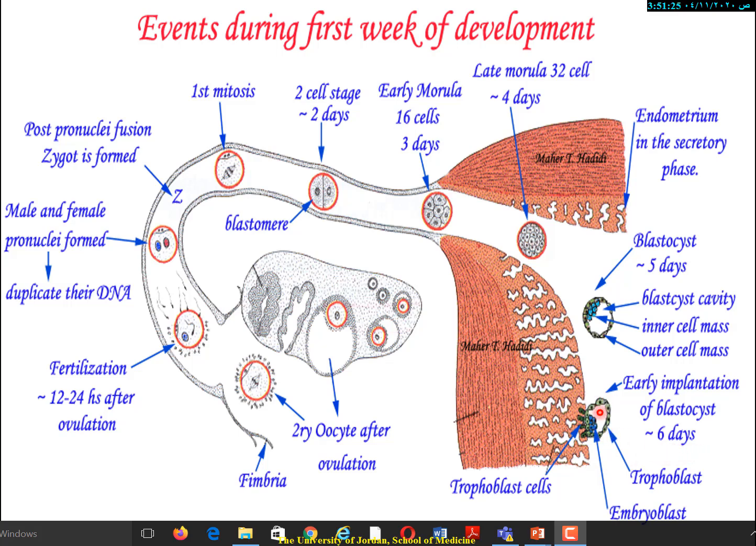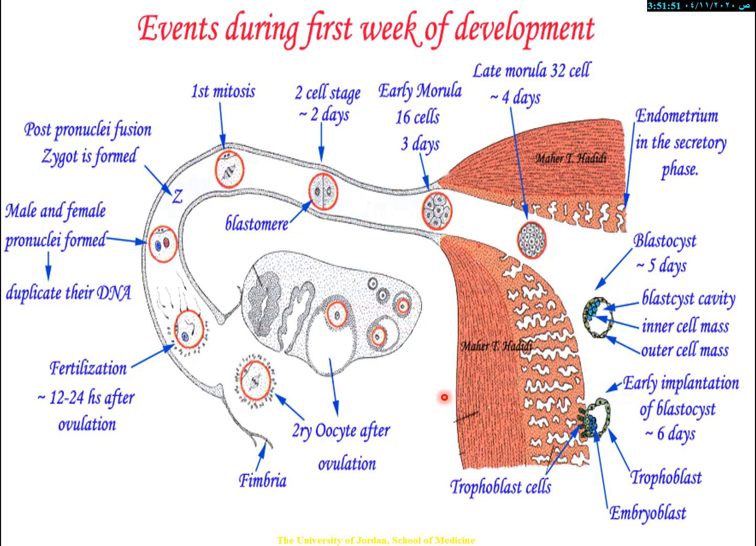The embryo is not inside the wall. The embryo should get inside the wall for us to call it implantation or pregnancy. So the female is said to be pregnant, and this is the end of the first week of development. Now we shall talk about the second week of